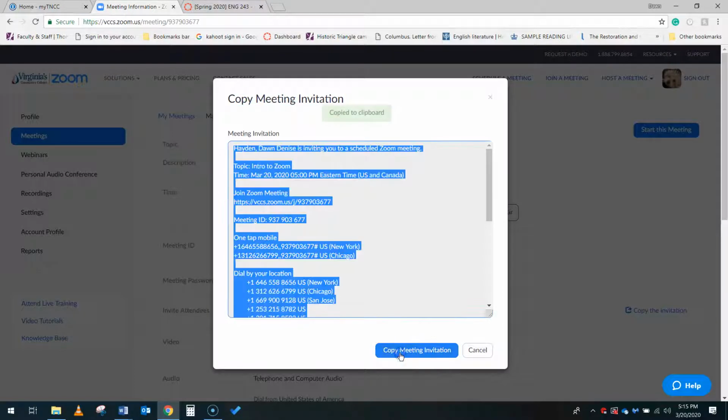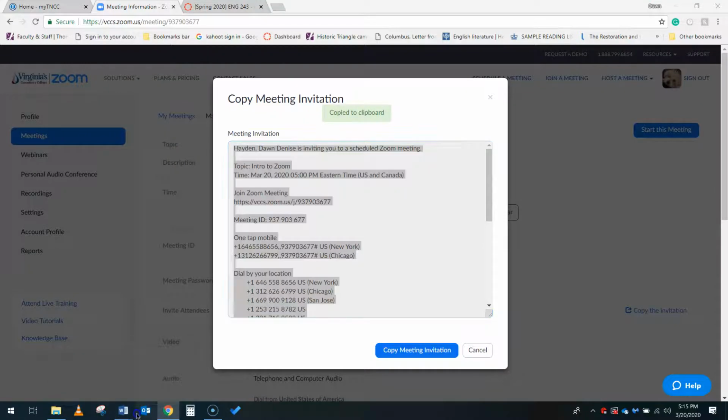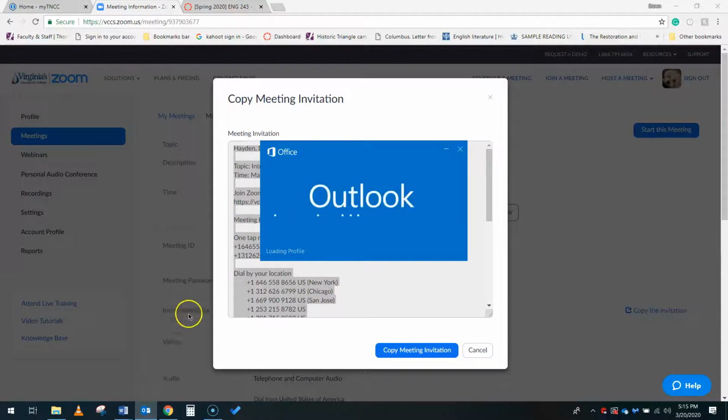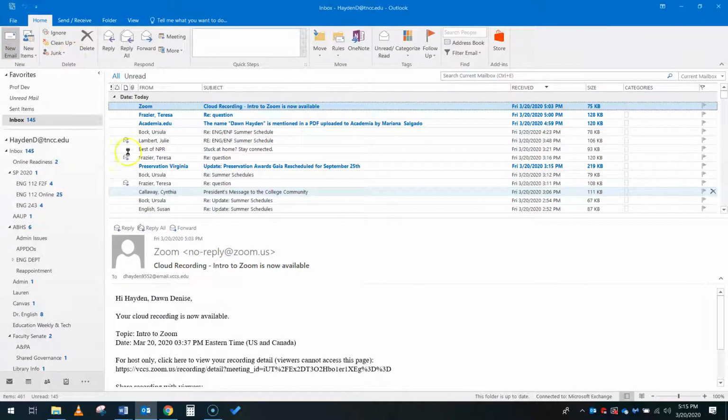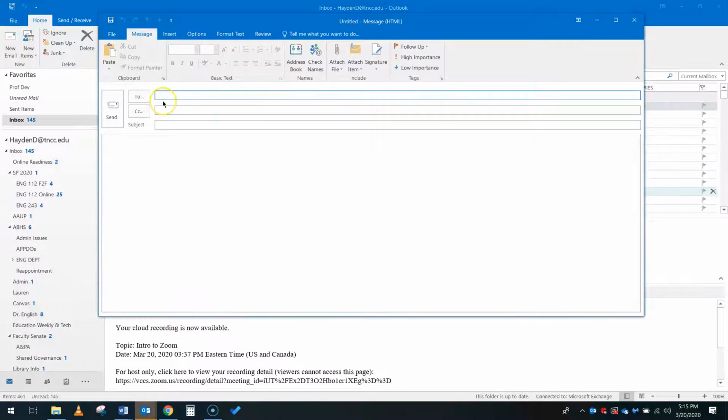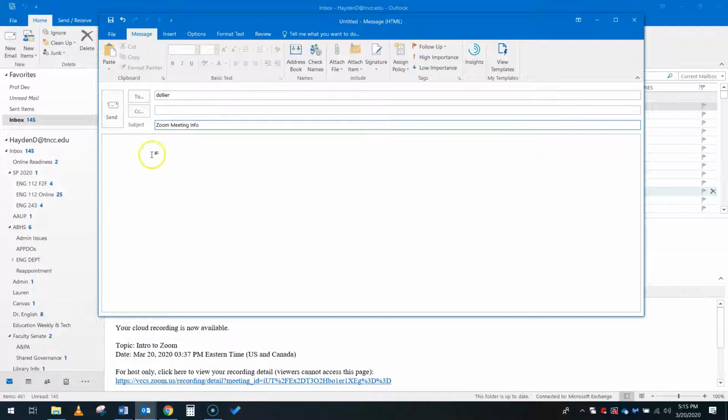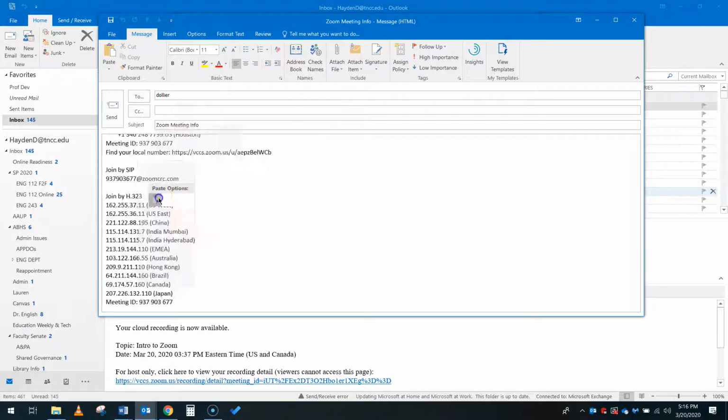Then when it comes up, copy meeting invitation, open your email really quickly. I'm waiting for mine to open. There we go. All right, so I'll send a new email, Zoom meeting info. And then I'll click in the body of the email, right click, and then click on paste,